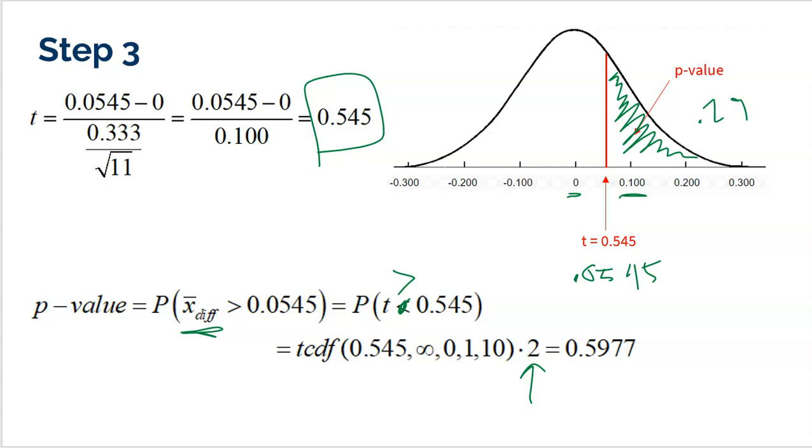The reason why I have to double it is because my alternative was not equal to, which means that if I would have been on this side, then I would have equally been showing that this is not significant. When it's not equal to, it's two-sided, meaning either side of the model is where you're looking. Well, you can only look at one side at a time, but I have to assume that the other side would be exactly equal because of symmetry. So that's why we just double the p-value,